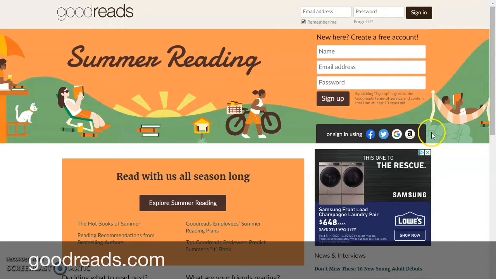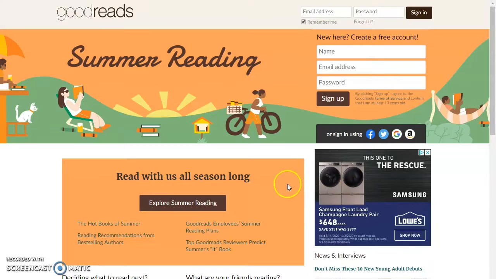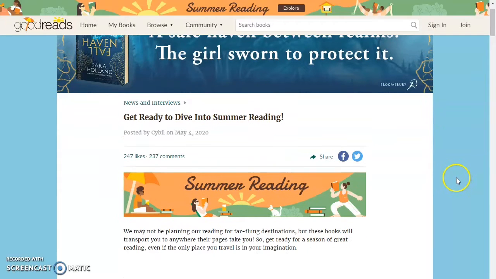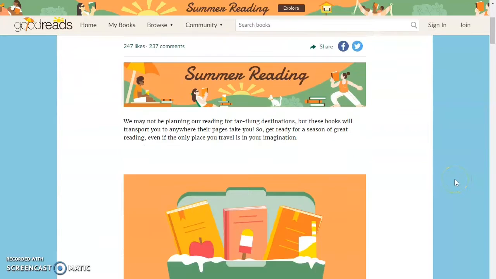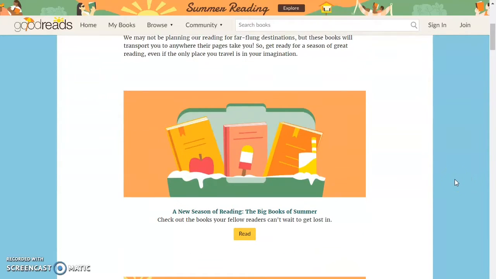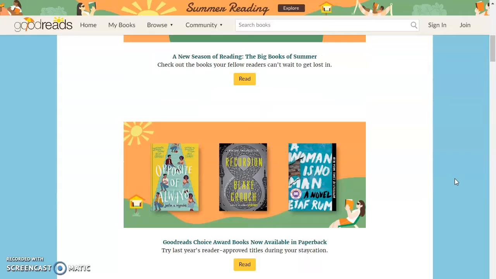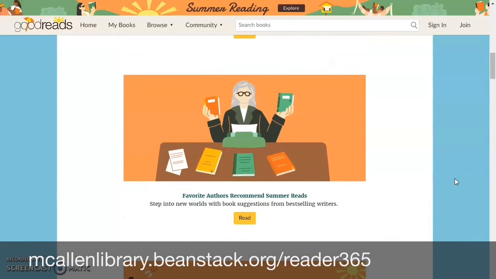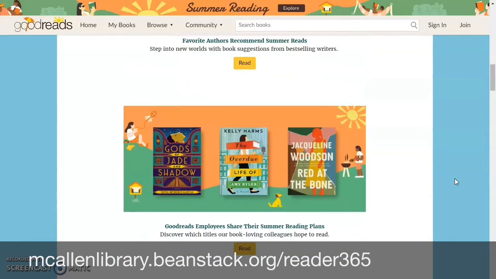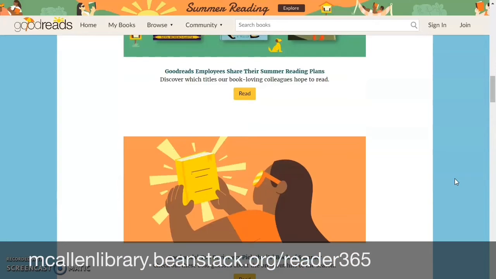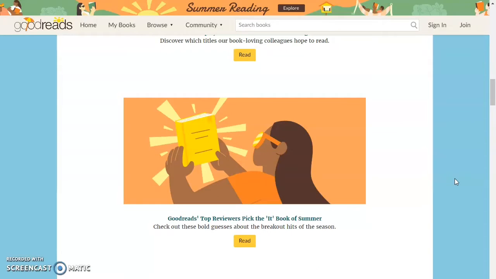Today I wanted to do just a quick walkthrough of Goodreads. As you see here on their homepage, you'll see a summer reading challenge, and we'll go ahead and just click on that, and you can see that they're having a summer reading program virtually, which we are also having here at the McAllen Public Library, so keep an eye out on that. And this is just a way to get back into reading. Goodreads gives you all types of little